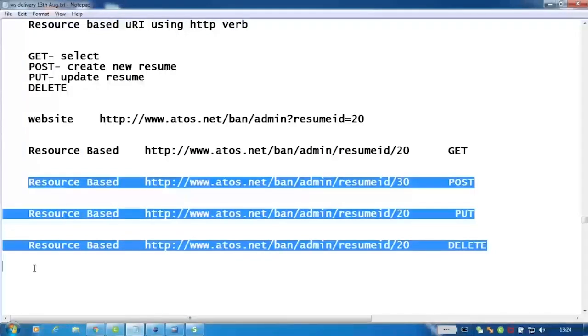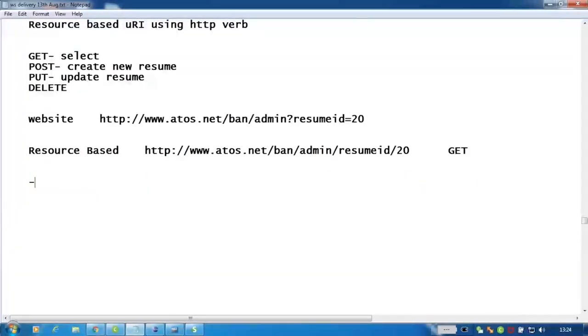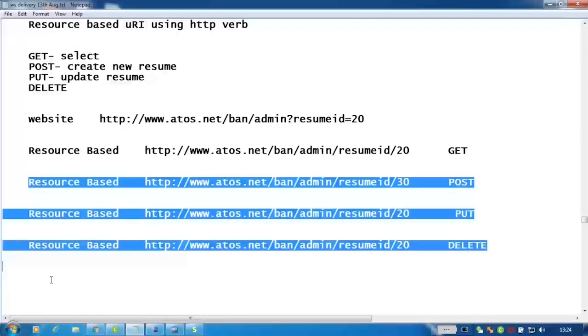Okay. Now we have just given some example scenarios. Now we have to understand how these HTTP verbs are actually used to send some data to the server, or to update some data in the server, to create particular data inside the server, or to delete particular data in the server, right? So you should know how we can use these HTTP verbs in our REST web service implementation. Correct? Okay. But before